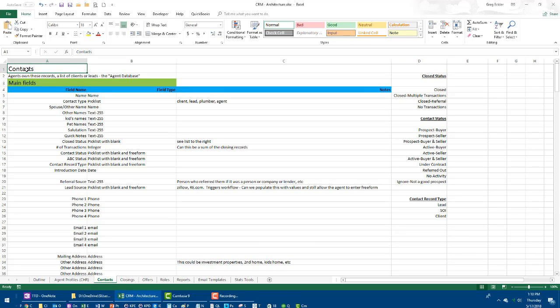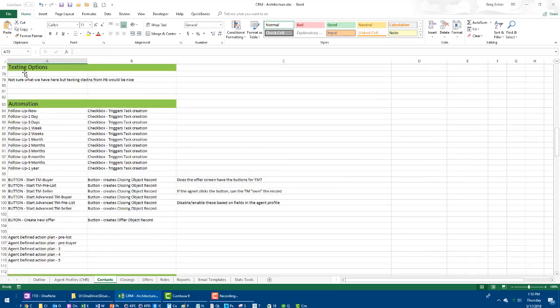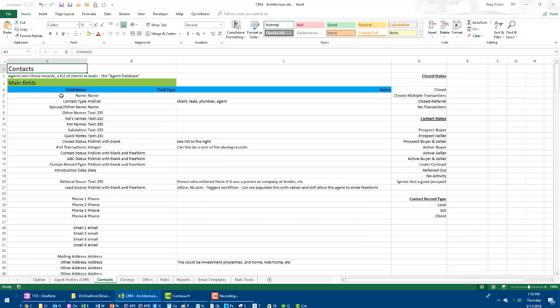This one is the contact screen, and it's much more detailed than what I've been showing up till now. But it's basically the central hub for any person that we care about to track. So I'm an agent looking at my contact screen. This is what I'm going to look at, and this will also cover